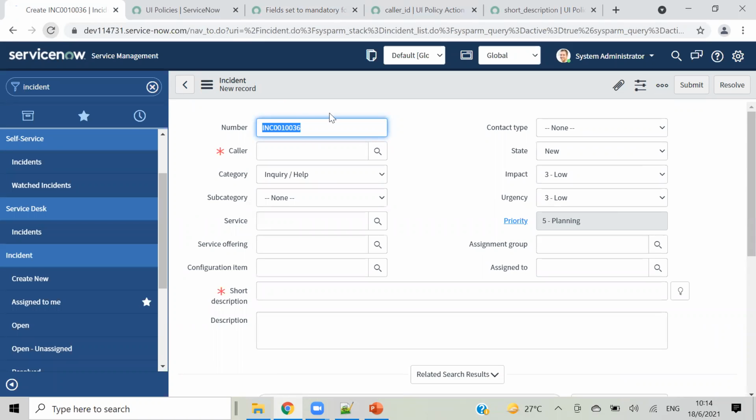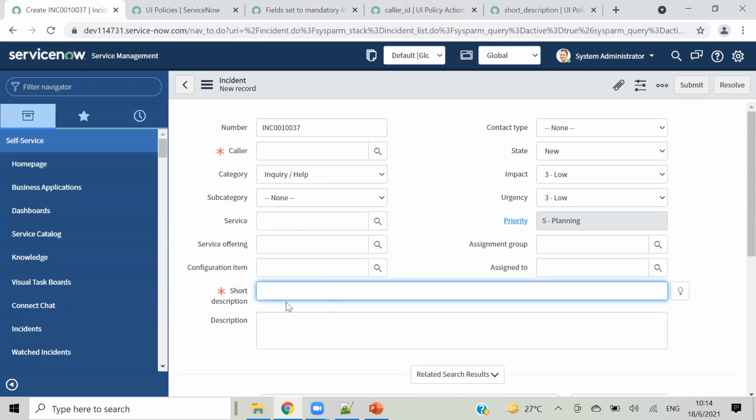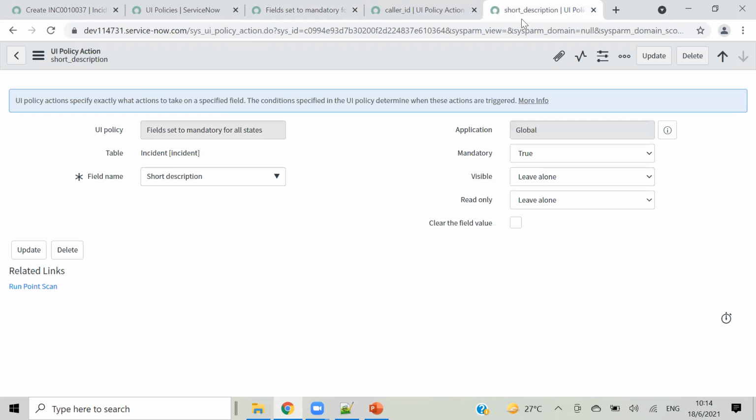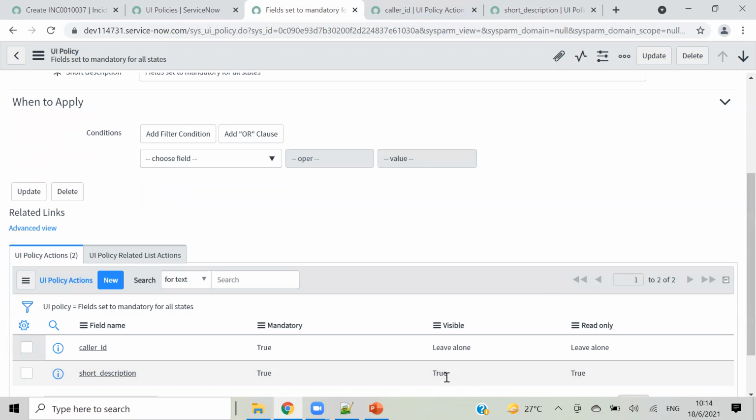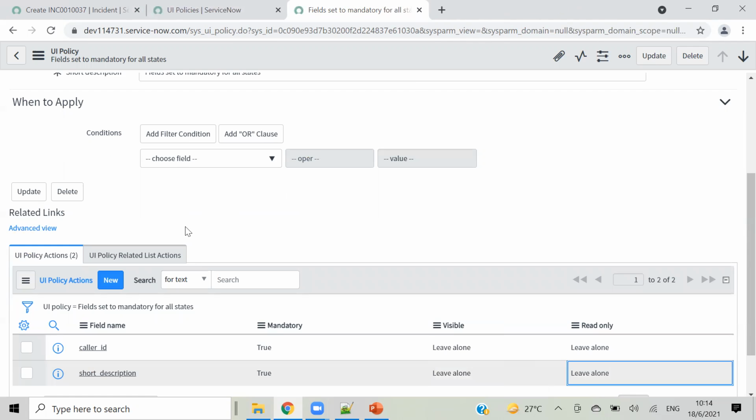Nothing is happening, maybe because that is mandatory. So I will leave this as it is, leave alone. So I'm closing these UI actions.